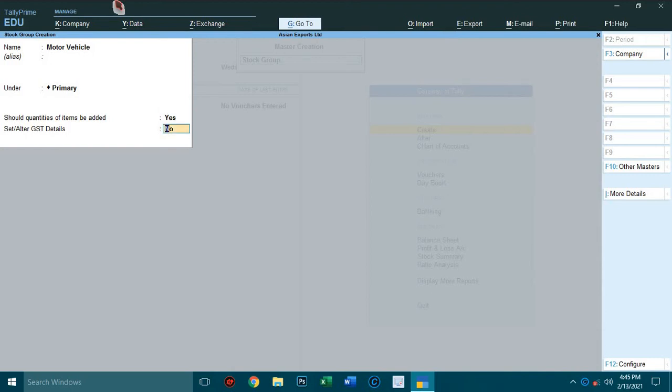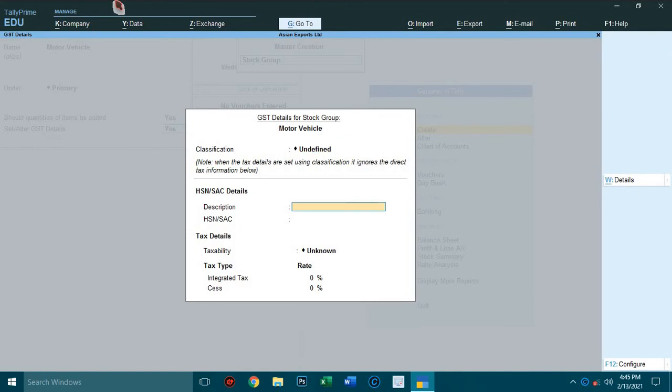Set to yes. Set alter GST details? Yes. In description, type motor vehicles. Type the HSN code. Taxability, select taxable. Integrated tax 28%.